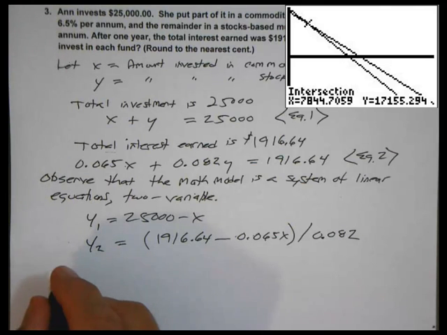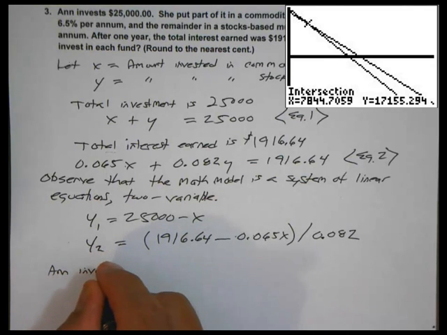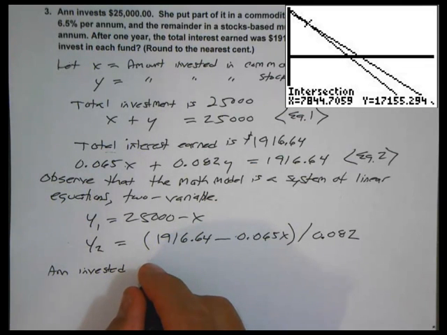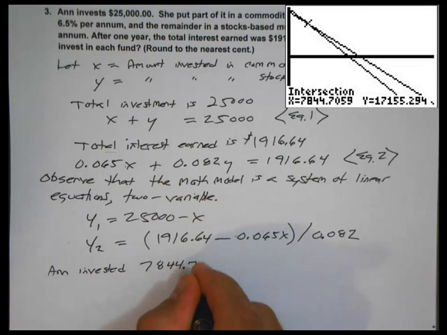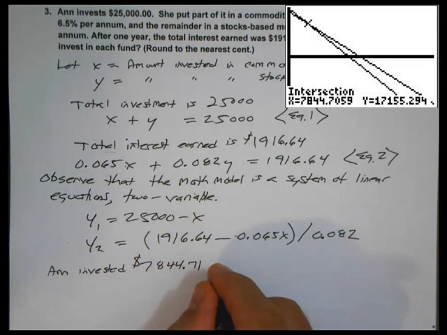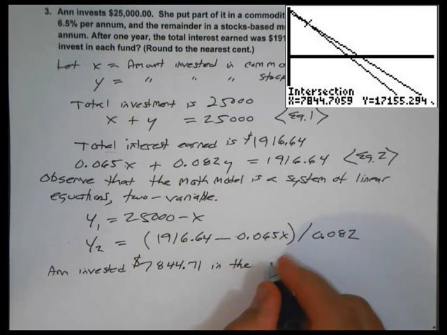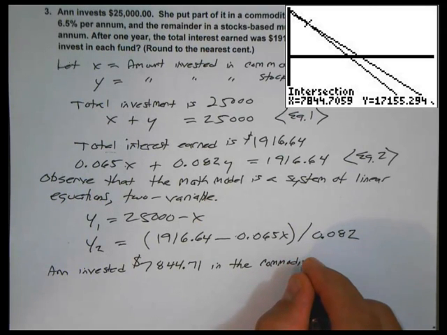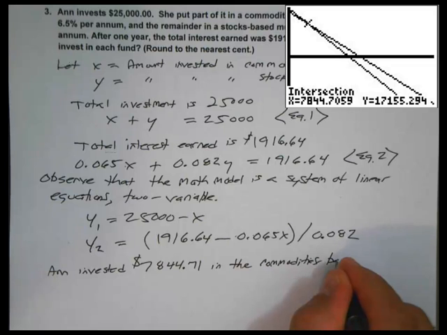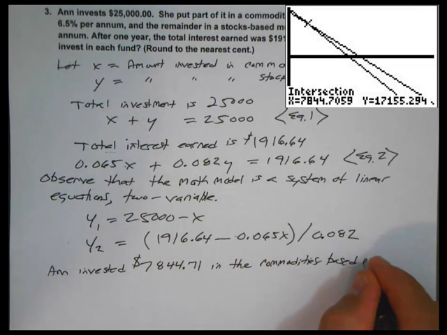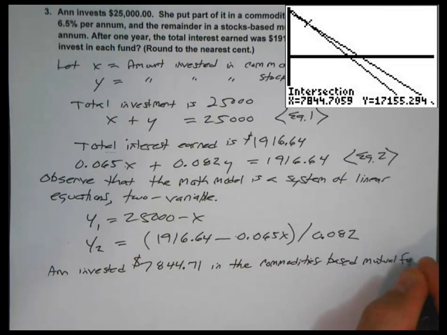So we should make a sentence here, and it would be that Anne invested, to the nearest penny, 7,844.71 in the commodities based mutual fund,